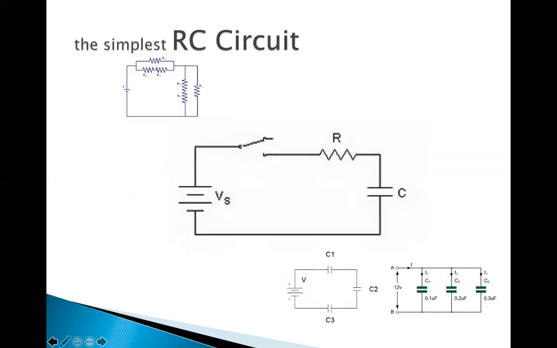Charging circuit. What's a charging circuit? If we close the switch, the electric power supply will charge the capacitor. So the capacitor voltage will go from 0 to a certain value, in this case, V of S. When the voltage becomes the same as the power supply, we call the capacitor charged. After that, even if we remove the battery, the voltage will remain on the capacitor and charge will